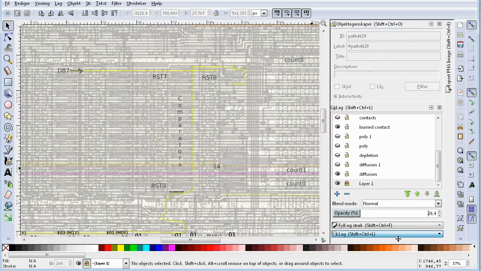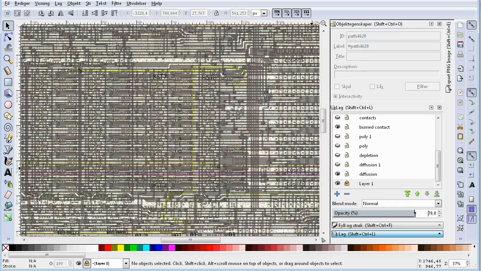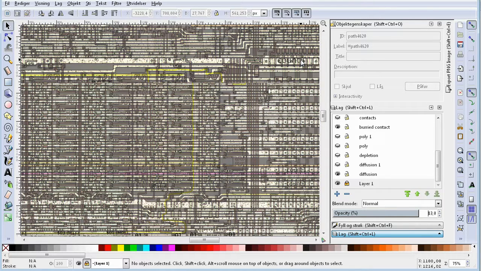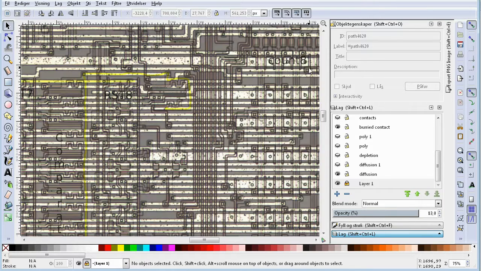And if you look closely, you will see that the raster 8 is connected to the 9th bit of the counter. So here's the 9th bit. And you can see it here, it goes down there and there. And it's connected to the comparator